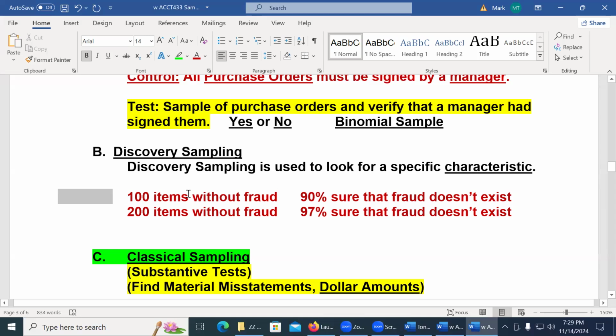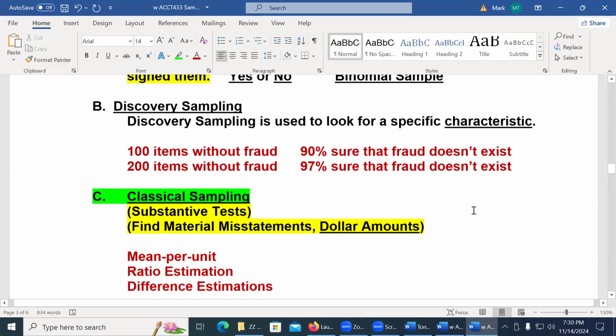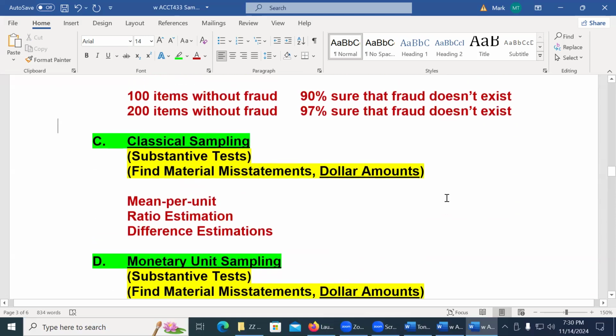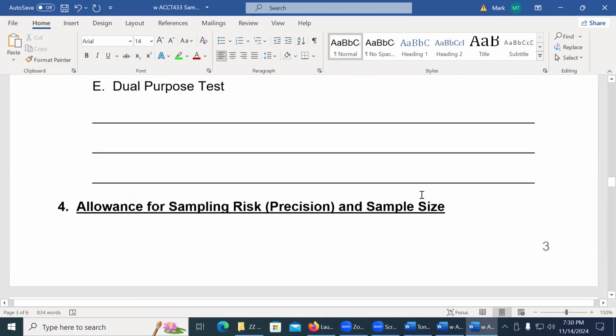But a lot of times they'll look at how many items you pick without fraud, and then you can be certain. You get to 200 items with none, you're 97% sure. That might be enough to say, okay, this is probably not a very good lead. There's only a 3% chance that this exists. So, okay, dual purpose